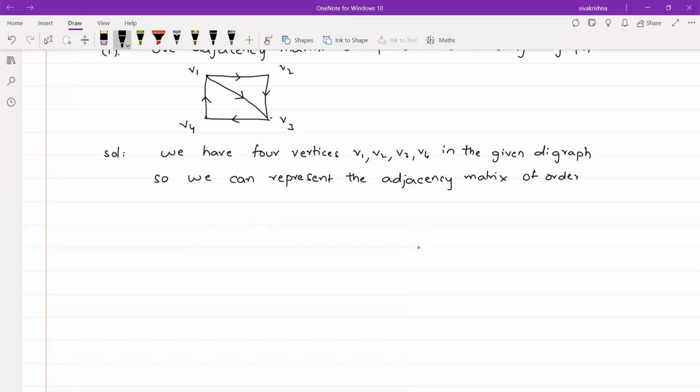Whenever we are having 4 vertices in the given digraph, then we get a 4 by 4 matrix. Therefore, the 4 by 4 adjacency matrix of the given digraph is,